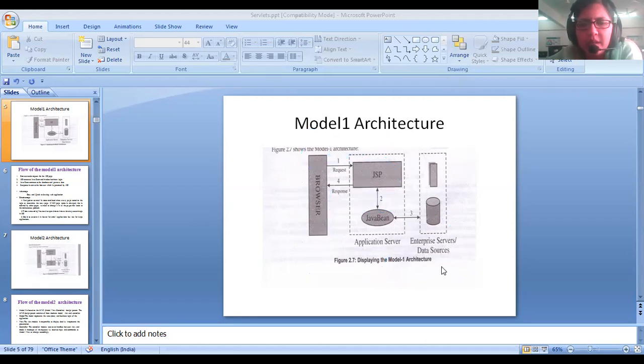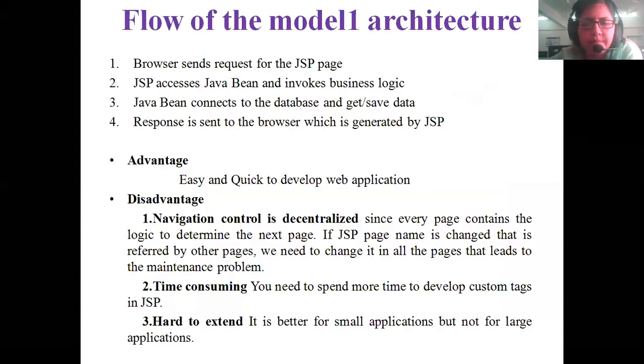Now let's see what are the advantages and the drawbacks of this particular model. So if you see here, the browser sends a request for the JSP.